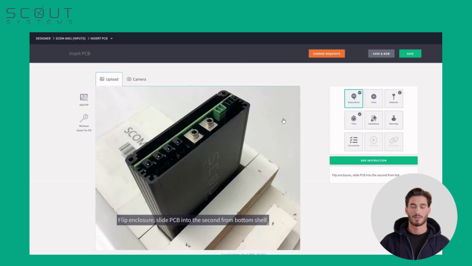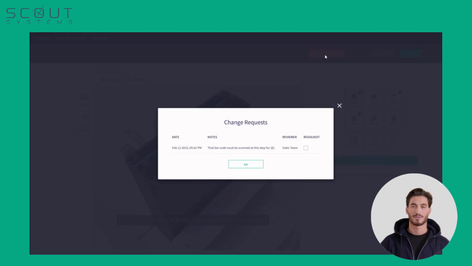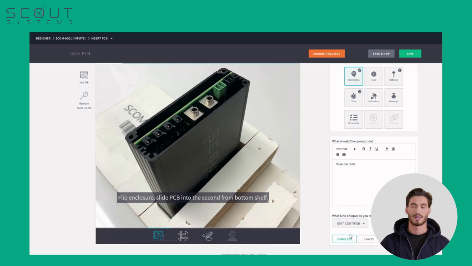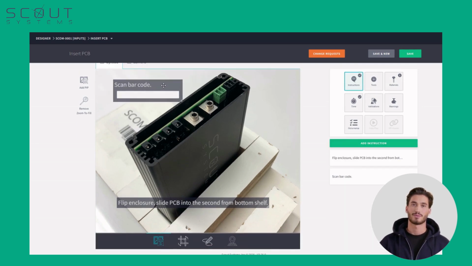In the instruction itself, there will now be a Change Request button at the top of the screen. Clicking on that will open a window informing the designer of all the changes required by the reviewers. Once the designer has made the requested corrections, they mark the requests as resolved, save the instruction, and then republish